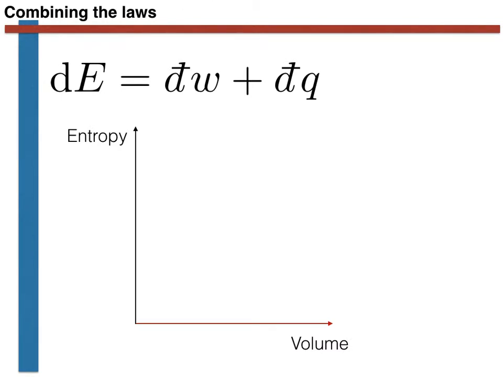Let's now combine these two laws. At the top of this slide, we have a statement of the first law again. The change in the internal energy of a system in moving between two states is equal to the work done plus the heat output. Remember also that the internal energy is a state function, and hence the change in internal energy that occurs in moving between two states does not depend on the path taken between the two states. Consequently, when we consider a change in state like the one shown here,